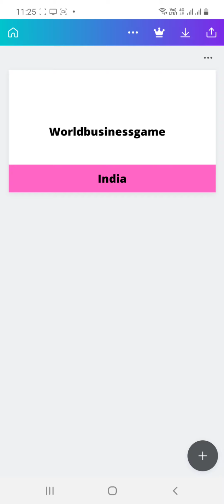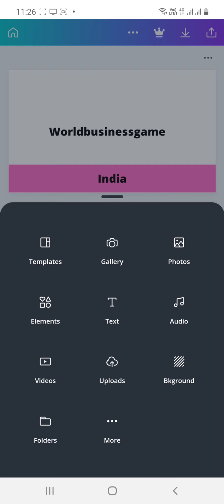template we have created. In this video I am just going to show you how to change the background of the visiting card and a few more tools. So let's see how it's done. Okay, just go to the bottom right side, you will see a plus icon. Just click the plus icon, and over here there's an option called Background.